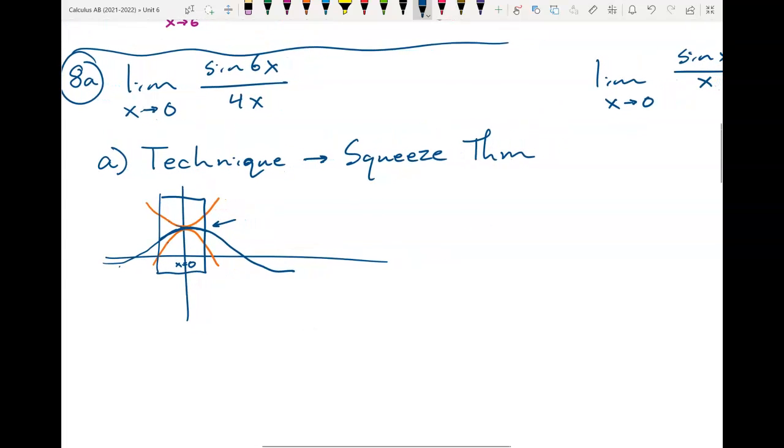Algebraically, we would write that, let's call this f of x, this g of x, and this middle one we'll say is h of x. If f of x is, actually no, g is on the bottom, right? So I'd have to have g of x less than h of x less than f of x for all x in the interval, let's say that's from a to b,